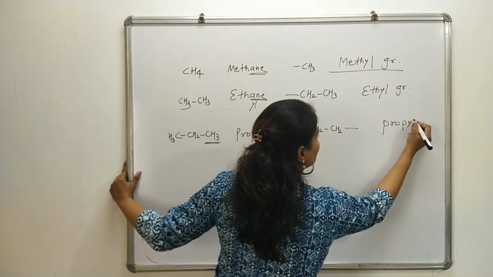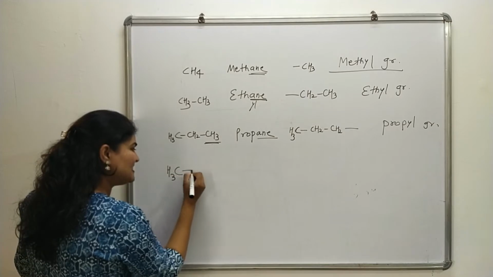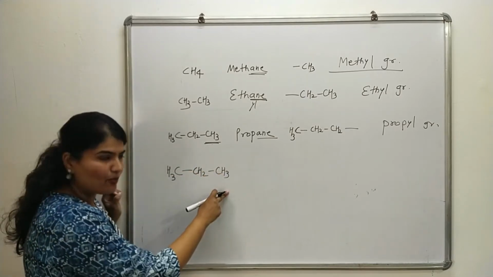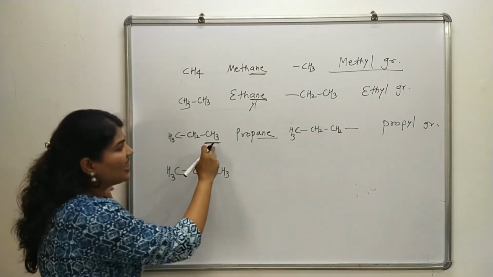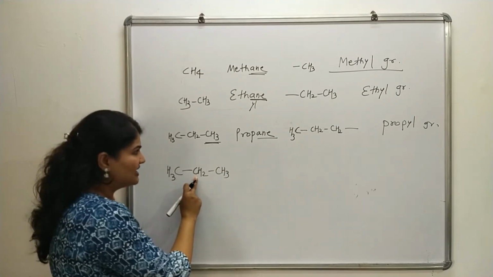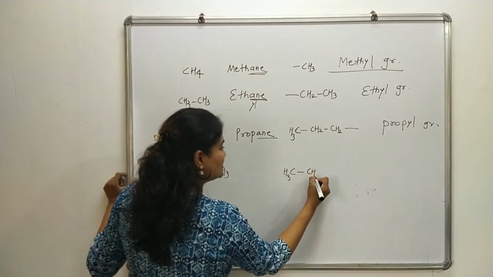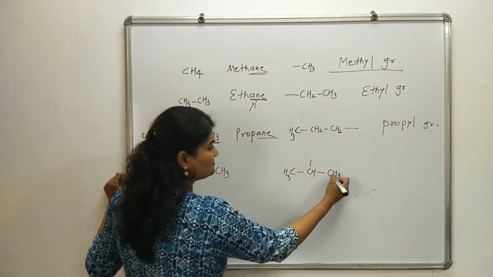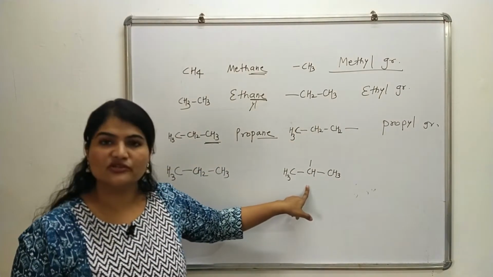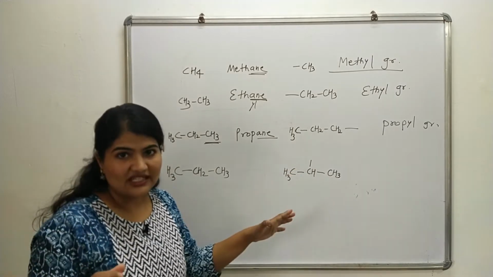But now look carefully, I am going to give you another example of the same 3 carbon alkane. This is again our 3 carbon alkane, propane. If I don't remove the hydrogen from the terminal carbon, and instead remove the hydrogen from the middle carbon, then I will get something like this, CH3, CH, CH3. Now this is also derived from propane, so it is propyl. This is also derived from propane, so this is propyl, but they are not the same. So we have to give some distinction in their nomenclature.